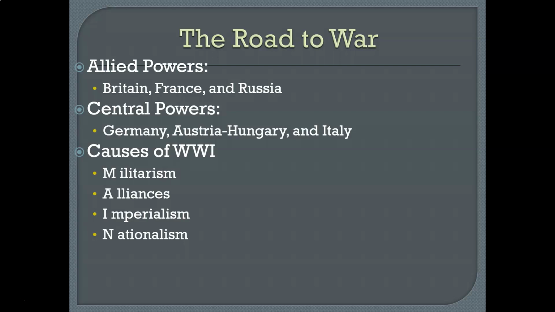So essentially, it's kind of like this. Imagine a fist fight, and your friend's friend gets in a fight. Your friend gets involved in the fight, and so you have to get in the fight because your friend got involved in his friend's fight. That's essentially how this war became a world war instead of being just a simple skirmish between nations.